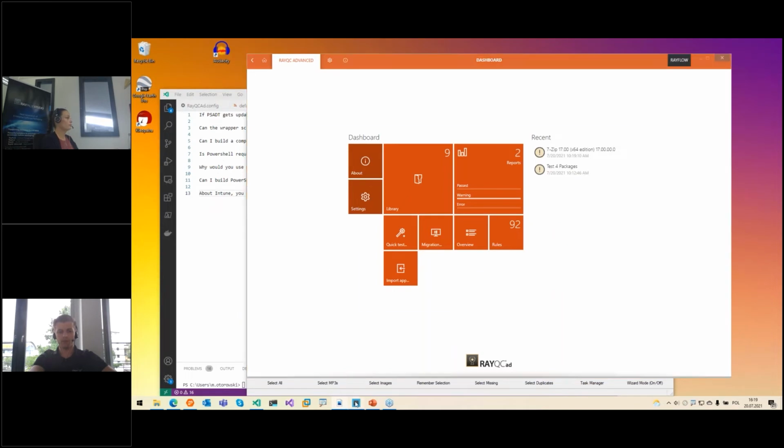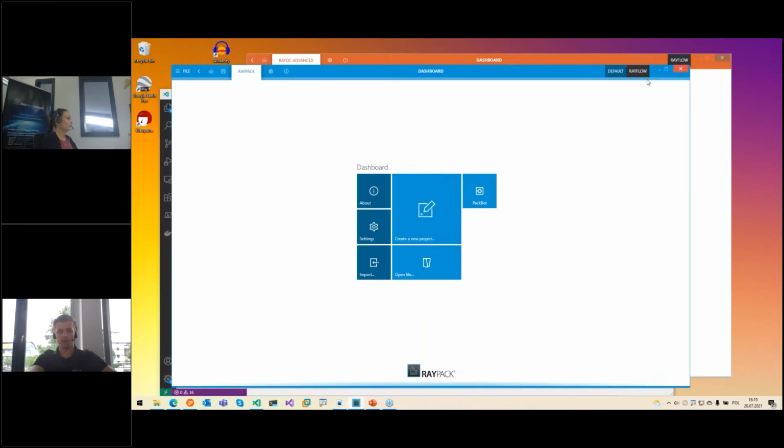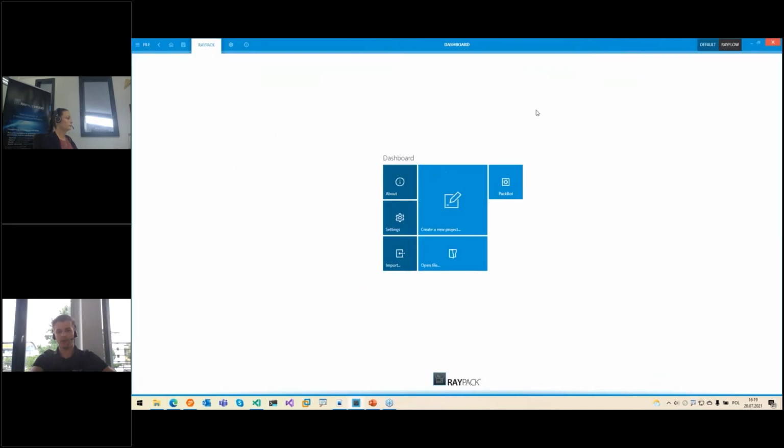Right. So let me start RayPack. And by the way, I think it's also something that has been in the product for some time, but I guess that 7.0 is the first release where we actually make public use of that. If you download the new version, our standard deployment is MSI based, and just like in case of RayPack